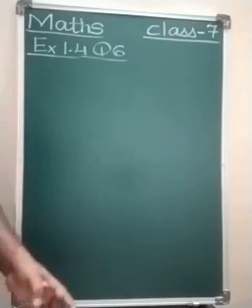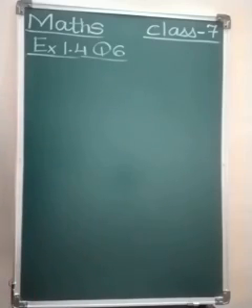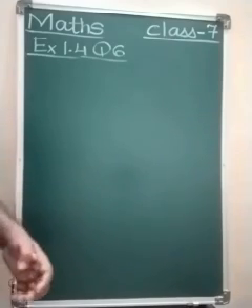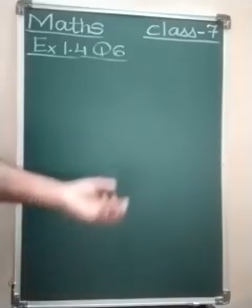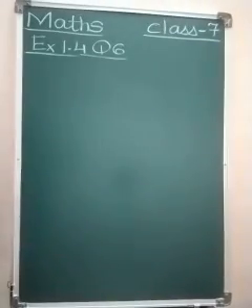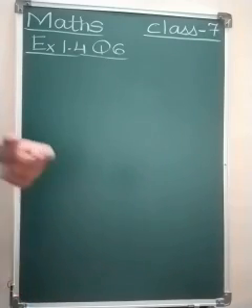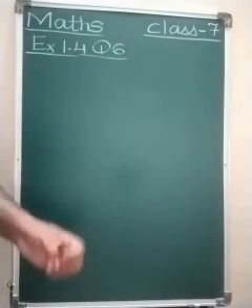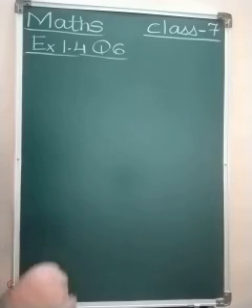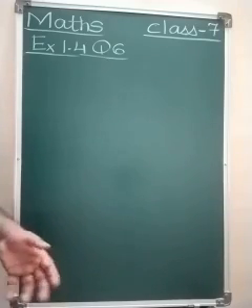Such a kind of question we have already solved in exercise 1.3 also. It is about a class test conducted and how many marks are given for correct answers, how many marks are given for incorrect answers. But the difference here in this sum is that the total marks are already given. In exercise 1.3 we had to calculate total marks, but in this sum the total marks are given and how many questions the student has solved incorrectly, that we have to find out. So first let us read the sum.